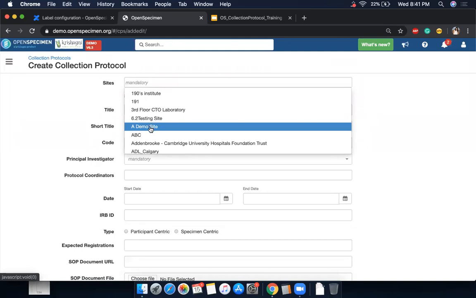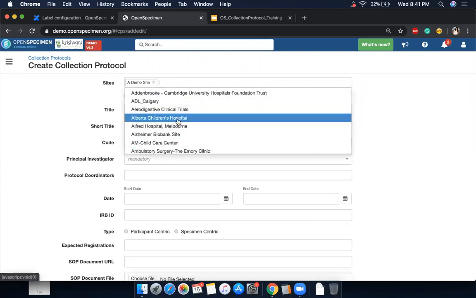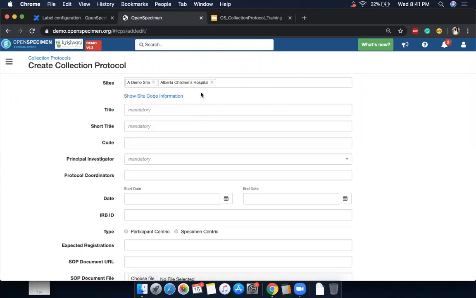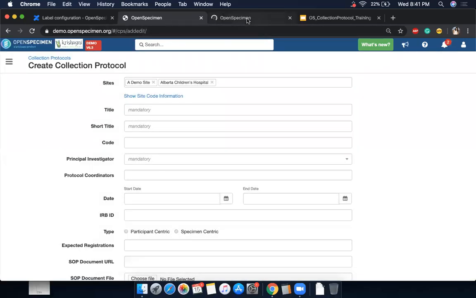Let me now use this demo site, and maybe one more hospital. The other thing you need to remember is the freezers that you have created. The freezers are stored in a site, and that site has to be part of this collection protocol. So let me open the freezer containers in another page.